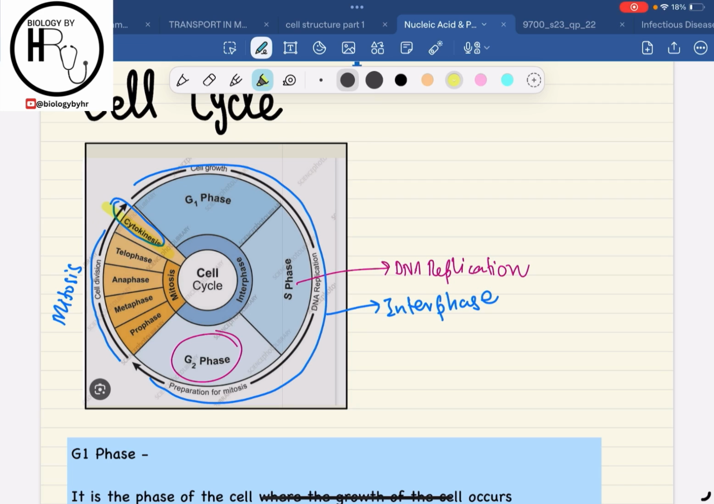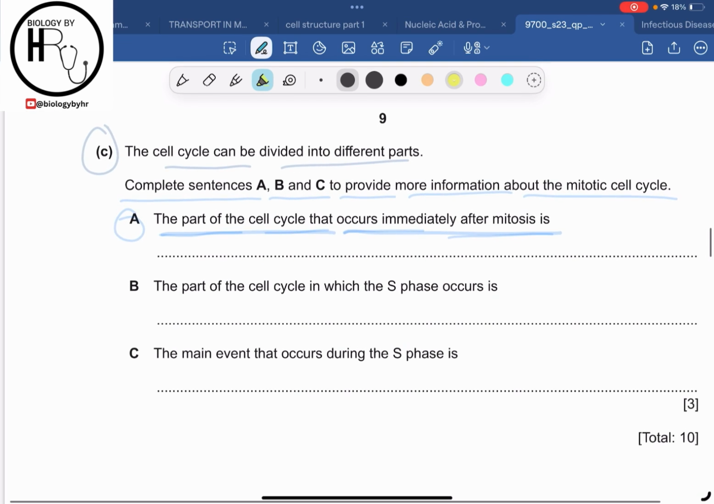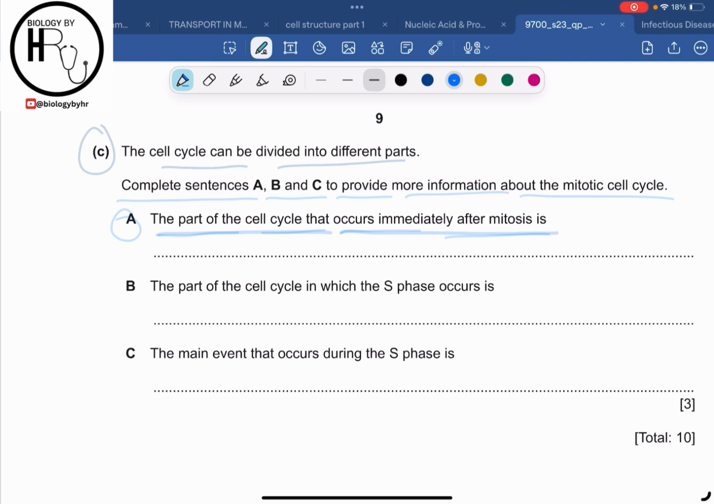And what is cytokinesis? What is happening in cytokinesis? The division of the cytoplasm to produce the two identical daughter cells is basically happening in the cytokinesis, where the cytoplasm of the cell is basically dividing to form the two identical daughter cells. So the answer over here is